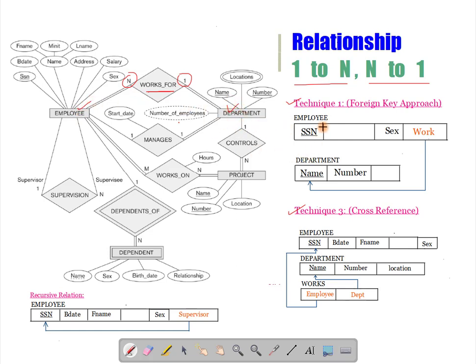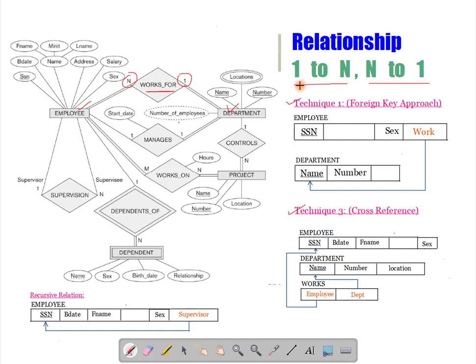If we follow the foreign key approach, we will add a new attribute, a foreign key, in the employee relation, and it will refer to the primary key of the other relation, that is department.